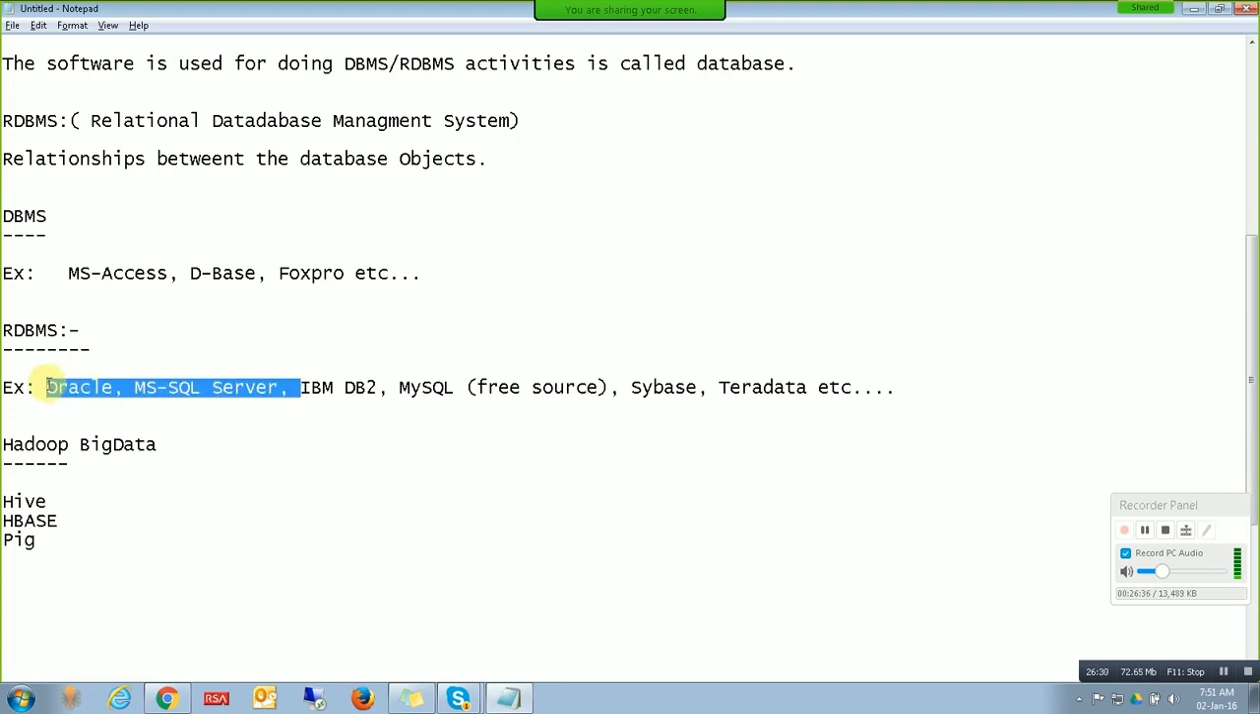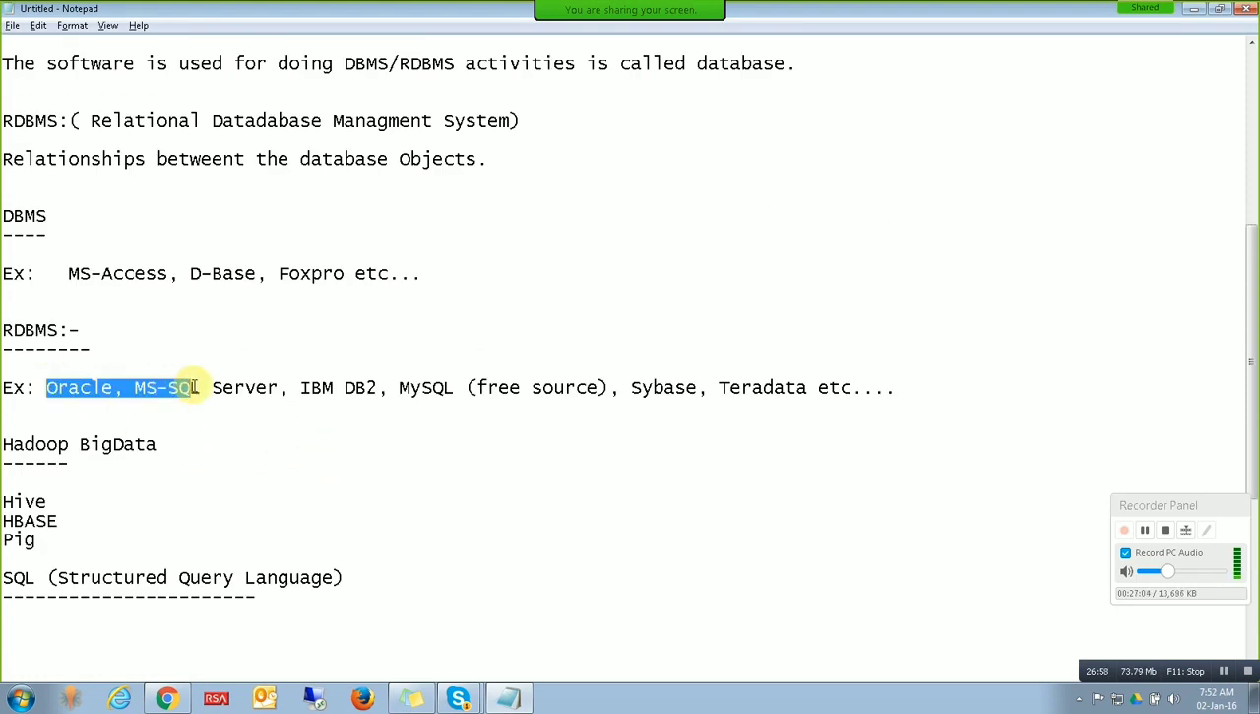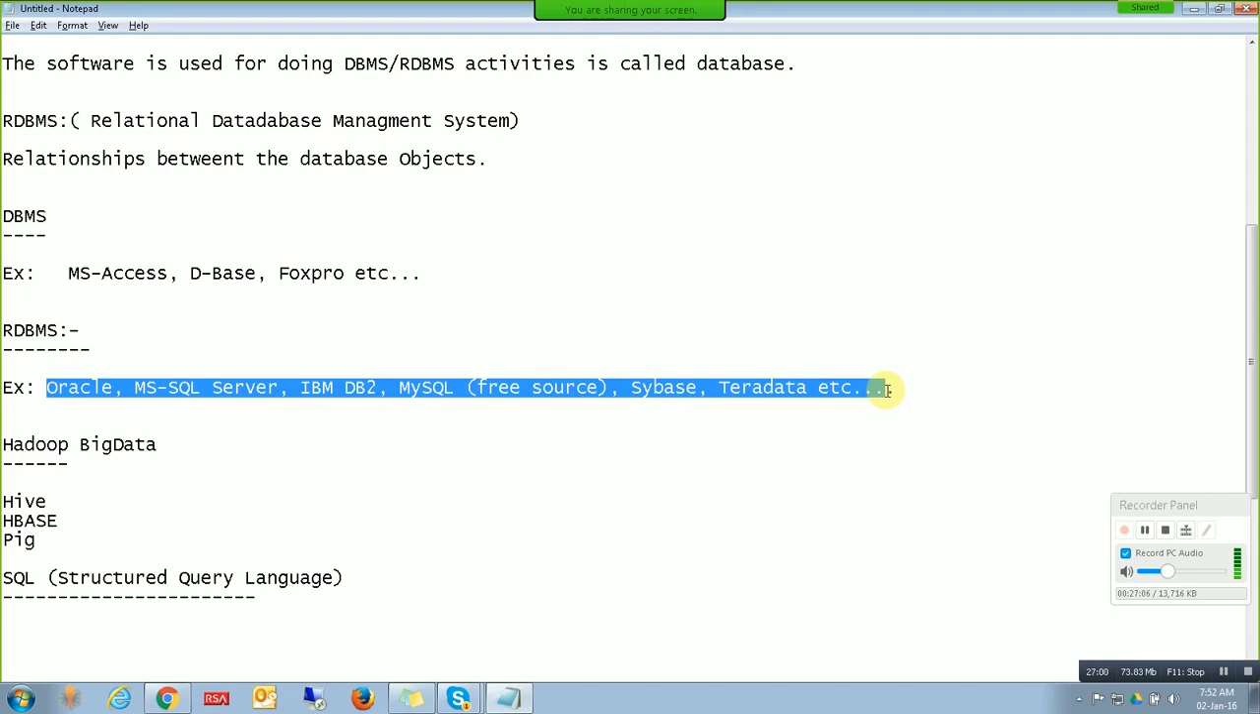This is basic information. So what is SQL then? Structured Query Language. Every database has two kinds of components. A database is divided into two kinds. One is